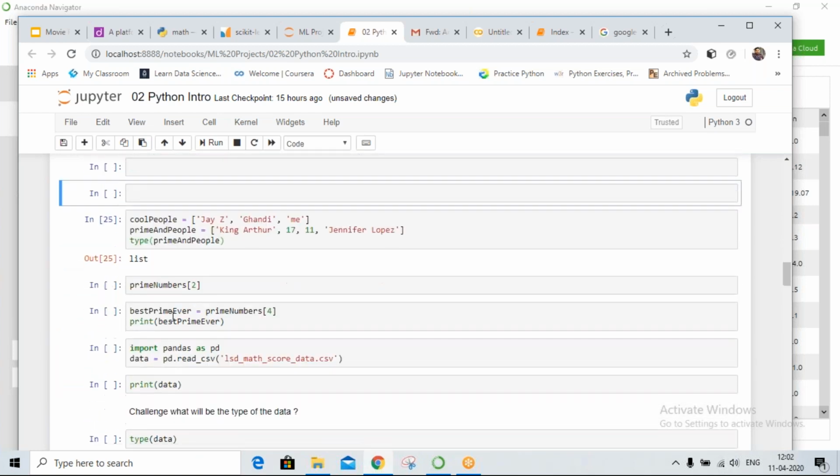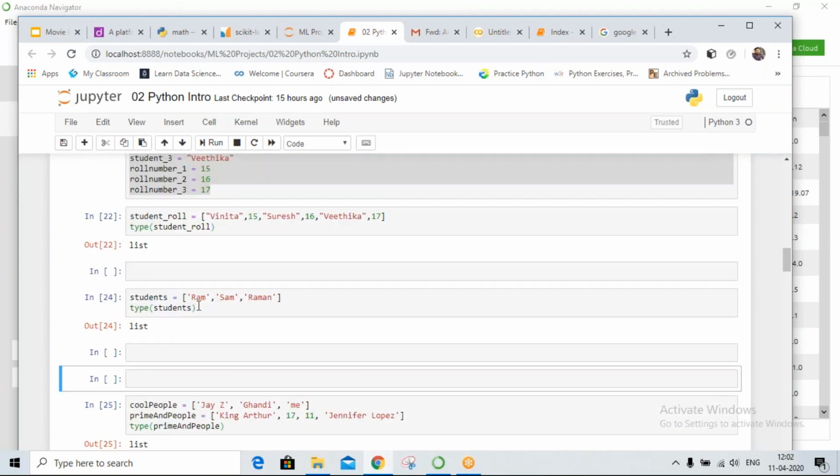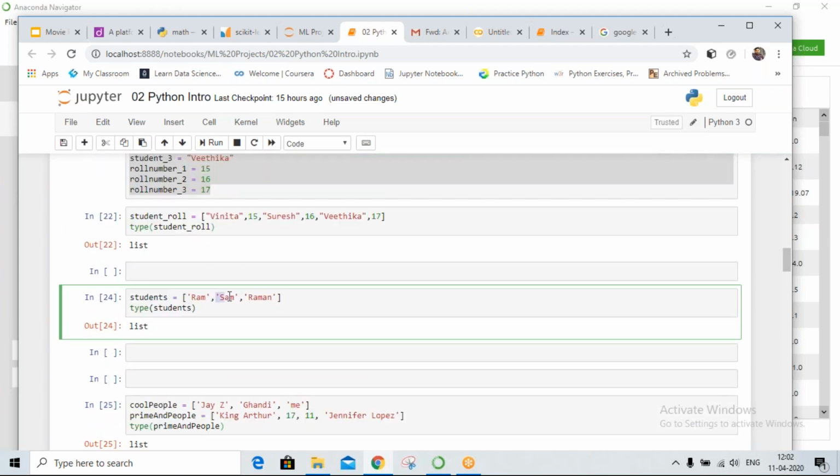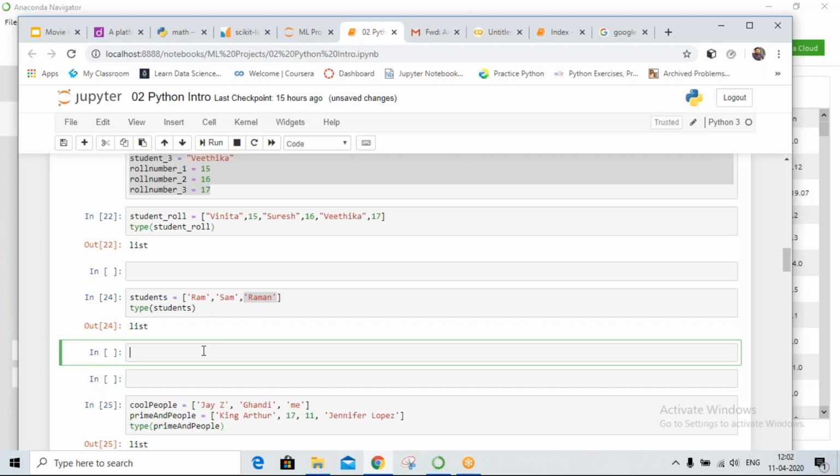So this indexing, can I do one thing now? Can I assign Sham's value or Raman's value to a different variable? Is it even possible? Let's say I have a list of students, all the students of a class, and I want to pick the student who came first in the class and store his value in a different list, a toppers list. So let's say I have a class student list,